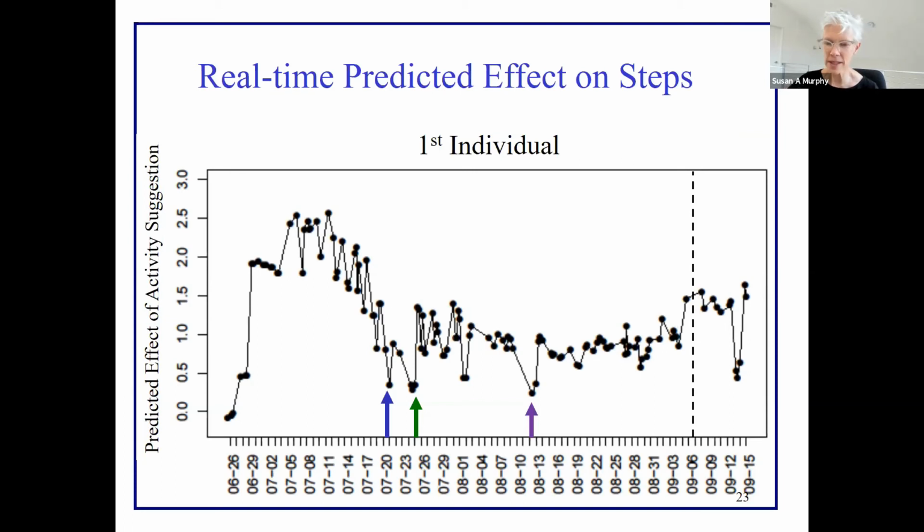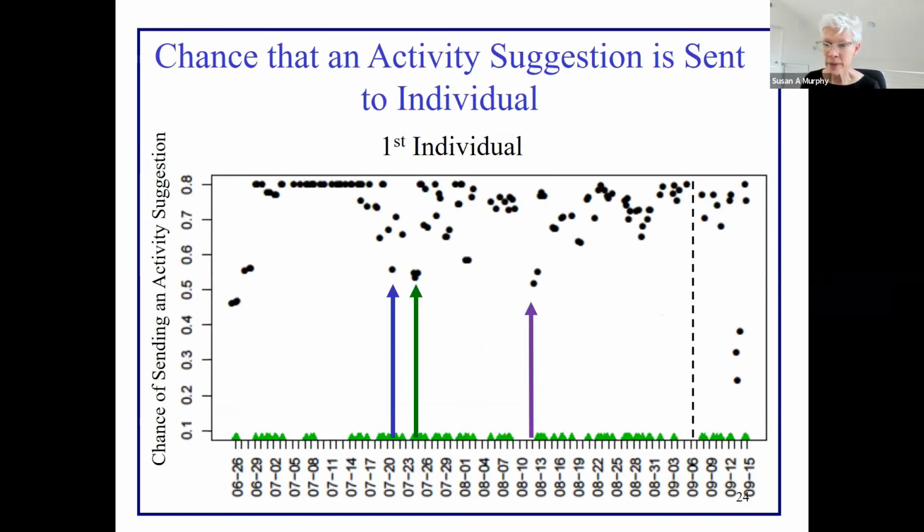And then something happens, they become less responsive. But they still stay pretty responsive. I mean, this line is staying above 0. It's looking pretty good. There are 3 arrows, blue, green, and purple, and they're all times at which this user is predicted to be least responsive. These are predictions. What happens to the randomization probabilities? So the randomization probabilities, when everything is going just great, I don't think, can you see my arrow? Yeah.